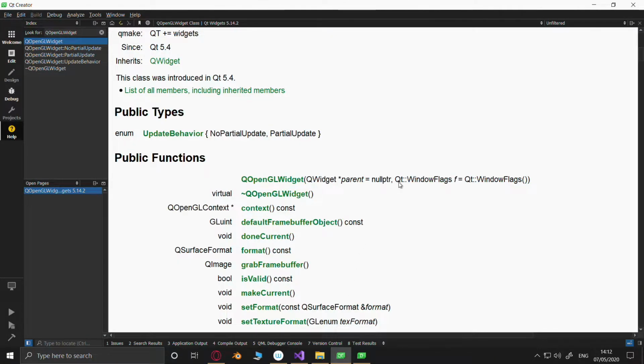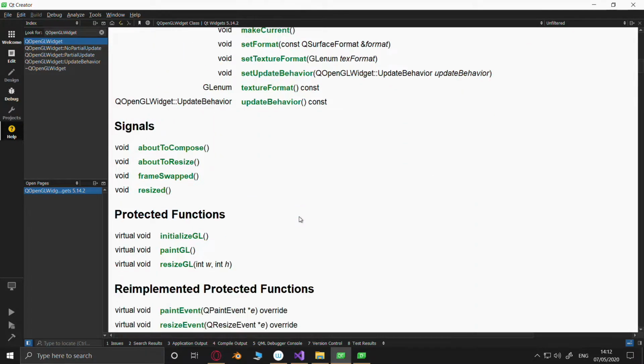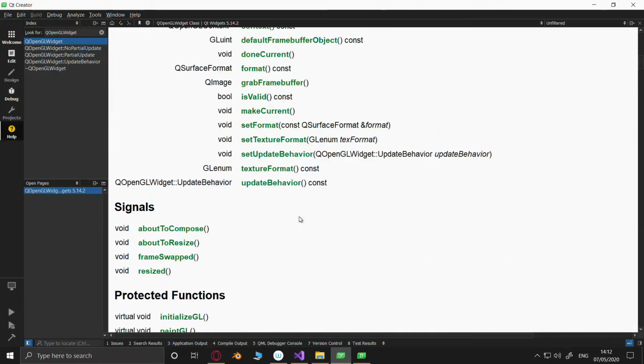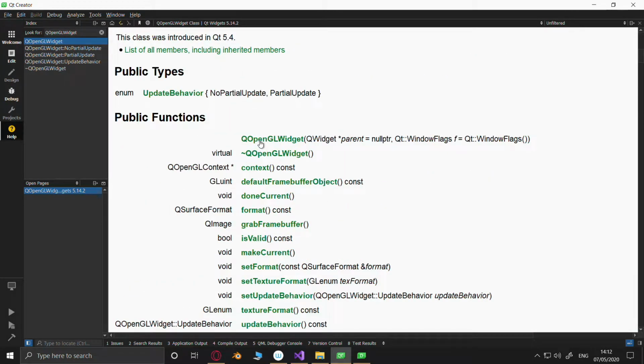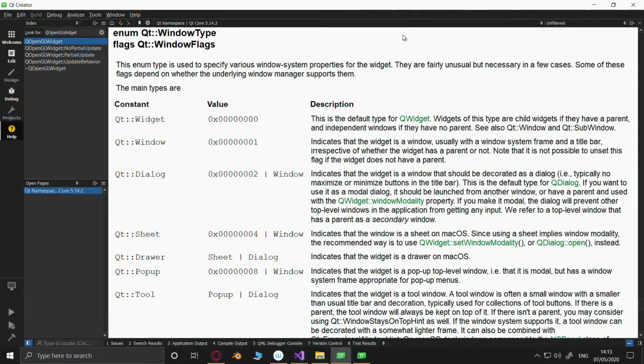We can ask for window flags F. Qt window flags. And where are our Qt window flags? With widget flags. It says window flags here. Okay, let's go find them. Qt window flags.